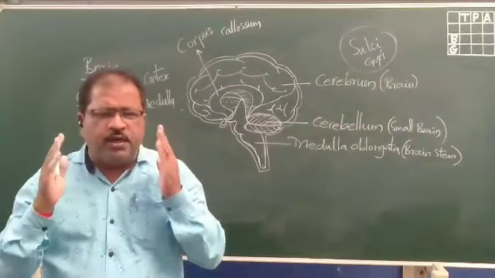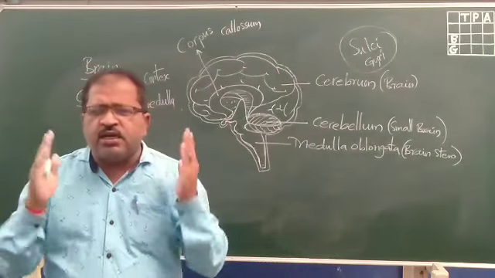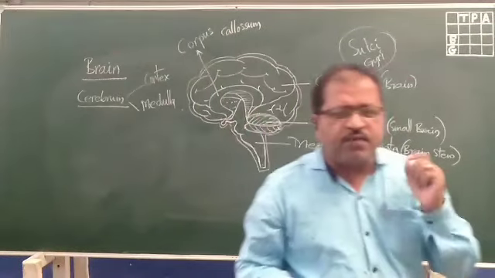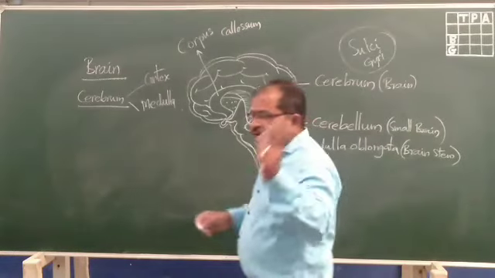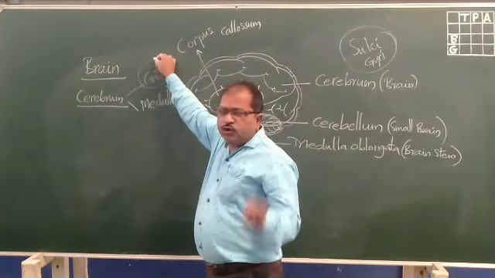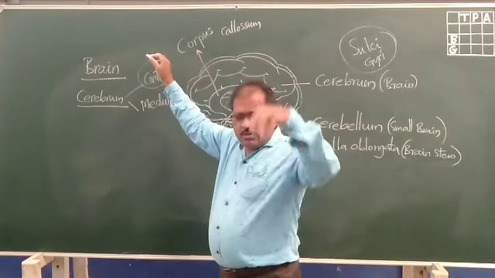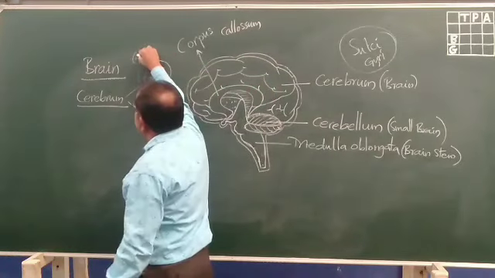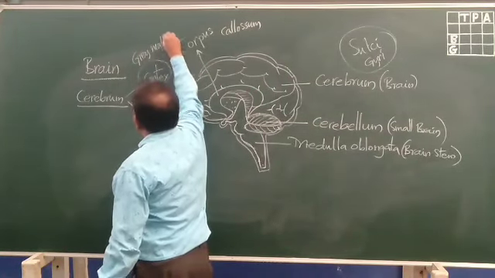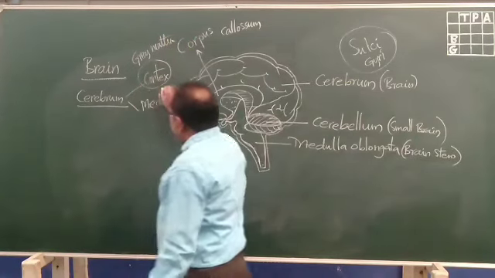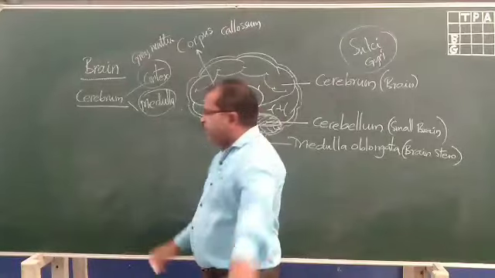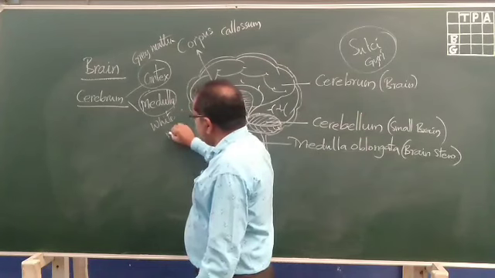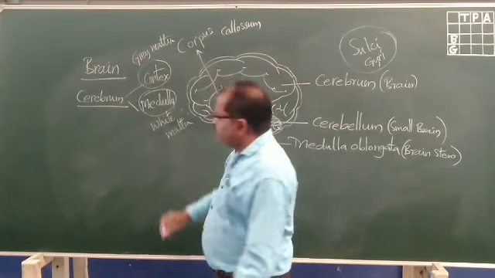It's very important. They will ask a question: write the difference between the brain and spinal cord with regard to the arrangement of the nerves. I am telling you once again. The cortex, the outside of the brain, is equipped with the cell bodies of the neurons, so it is gray matter. And the inside, the medulla, is equipped with the nerve fibers of the neurons, that is white matter. That means in the brain, gray matter is outside and white matter is inside.